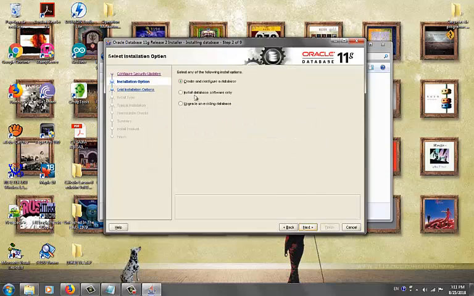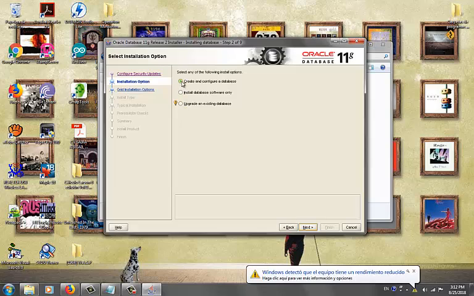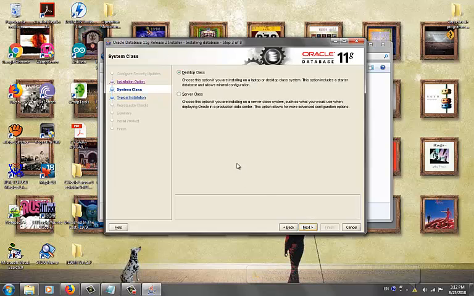yes, and we have three different options to create and configure a database. That one is what we're going for. The other ones are for upgrading an existing one, so if you don't have Oracle database software, they won't do anything. So we choose create and configure a database, click next, and we have two more options, desktop class and server class. We click desktop class,